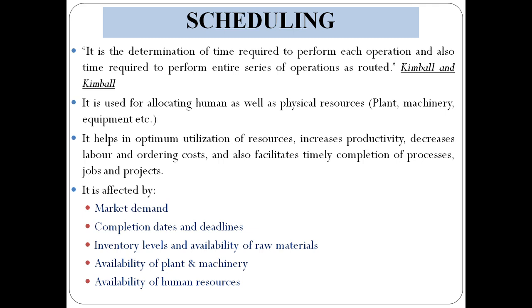So forecasting and scheduling both are important elements of planning. Forecasting is the essence of planning, and forecasting and scheduling are related to each other, because when you make forecasts, according to those forecasts only you will be doing the scheduling, because both are future oriented. Fine. So we have to understand how forecasting and scheduling form a part of planning and why they are important for the process of